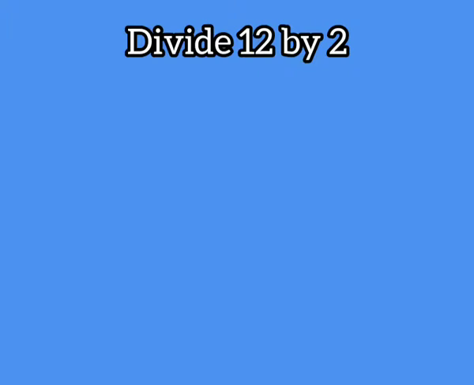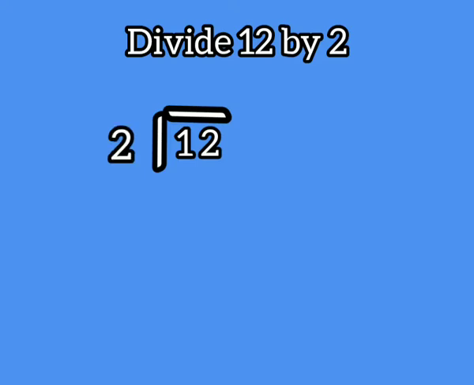For a sum, divide 12 by 2. 12 is the dividend and 2 is the divisor. We have to divide 12 by 2. The dividend goes inside the reverse L and the divisor comes outside. Use the multiplication table of 2 to reach the value 12. How many times do you get 12 from the 2 table? 6 times. So 6 is the quotient that should be written above 12.